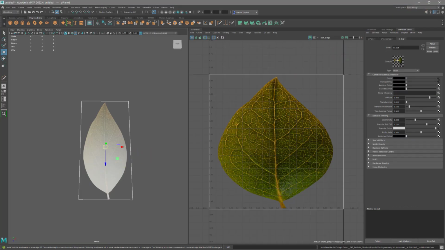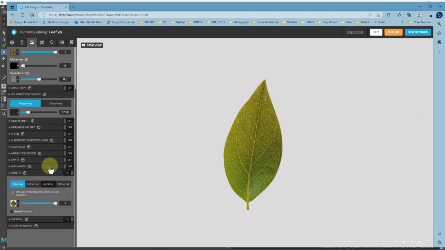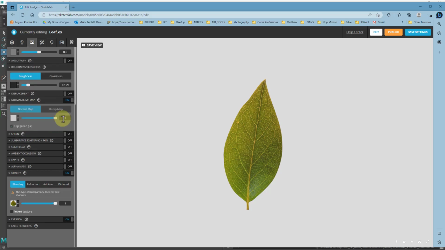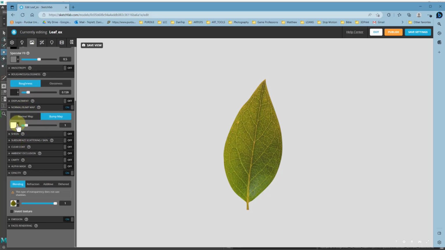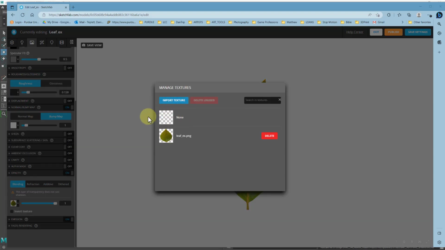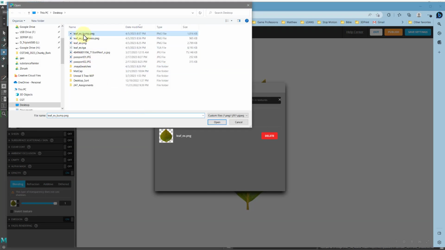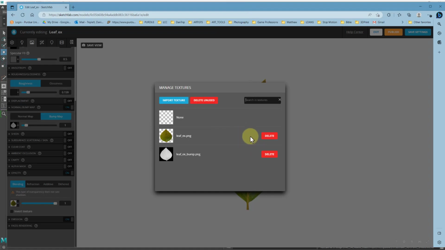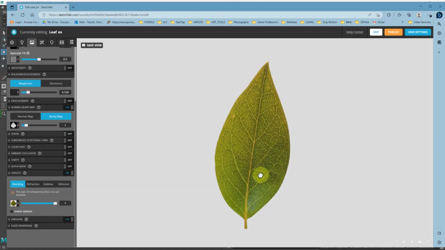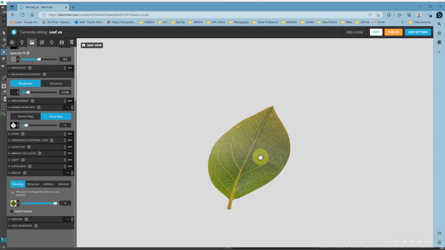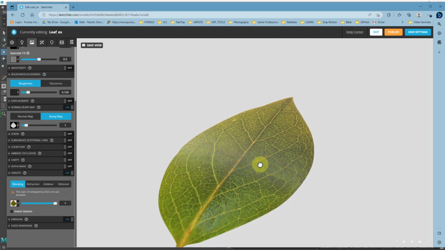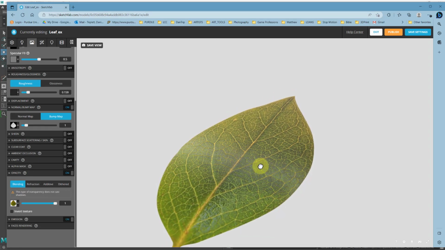So if we jump back into Sketchfab, go into here, then we can come in and go to the normal bump, turn it on, and change it to bump map. Go into here, we have to go manage textures, import, and we'll get the bump, open, grab that, and now we should be able to see it's bumping a little bit now. We can turn it up